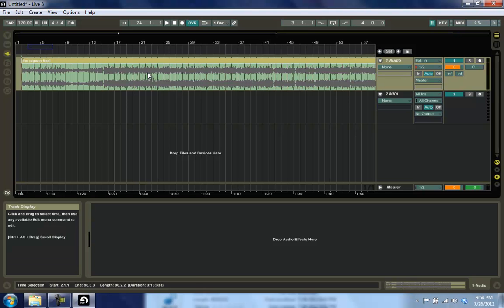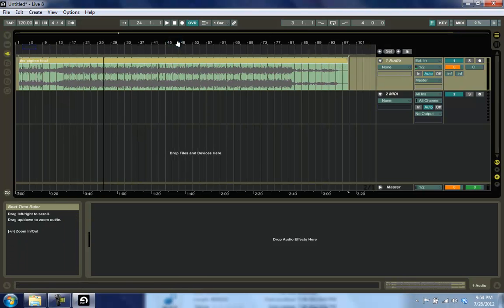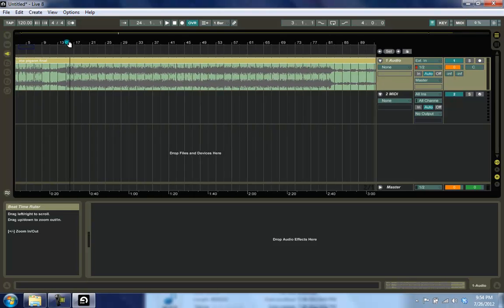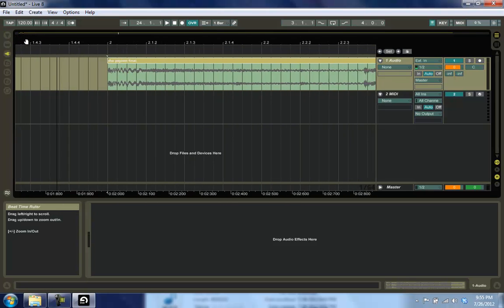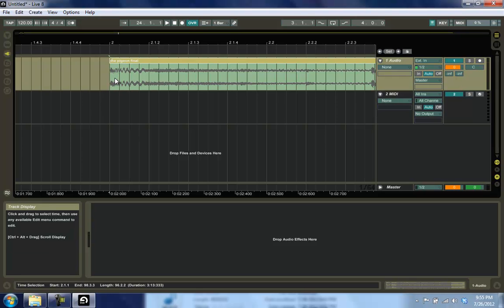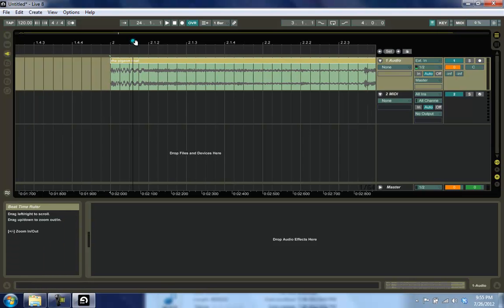So let's say I've been working on this file and I noticed that the beginning of the file is cut off, right? Because for whatever reason I rendered the file, say for example I forgot to put some empty space at the beginning of the track, and it starts right here at the beginning of the clip, which is something I don't